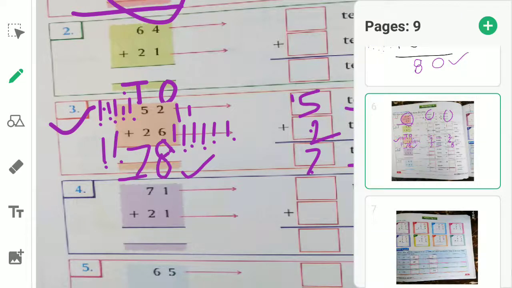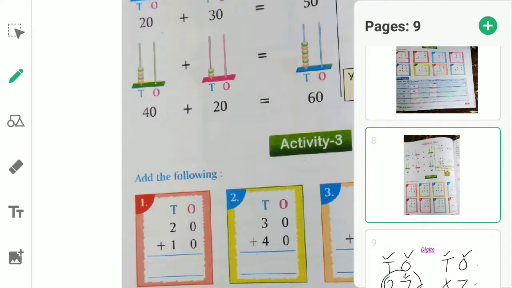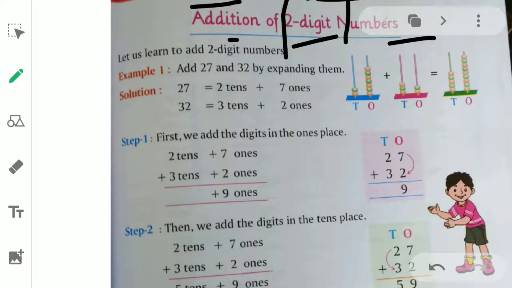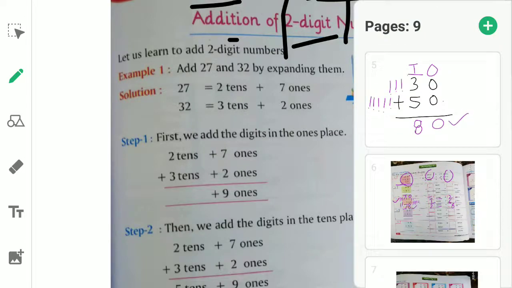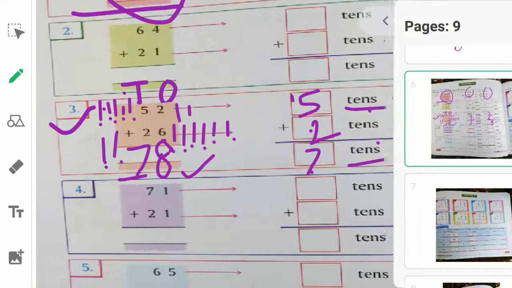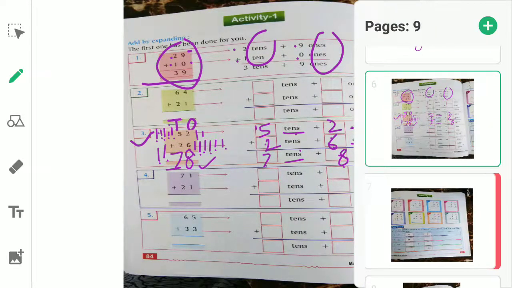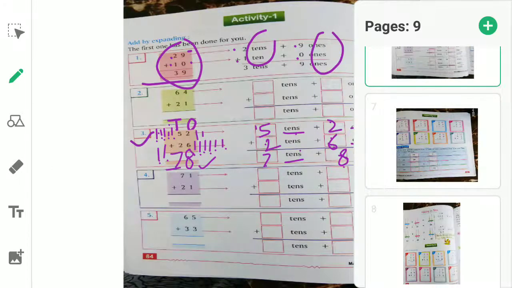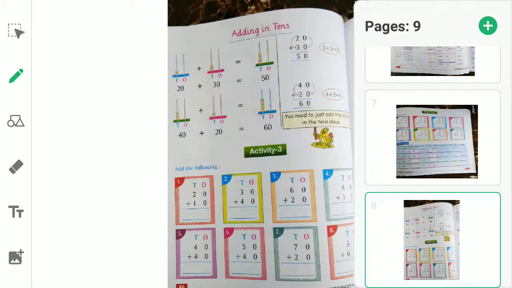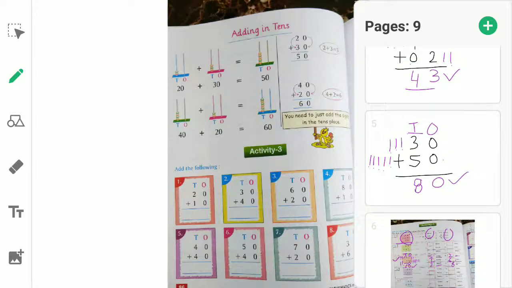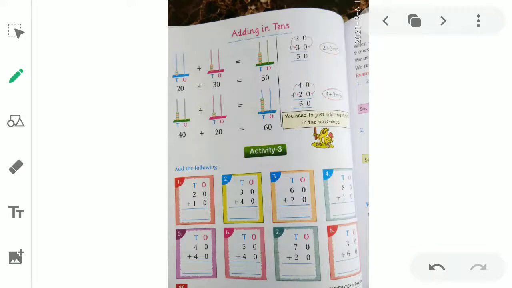So this was all about the session for today. So this is the homework also, that whatever pages I have explained to you, we are going to do all these pages in your math book. That is the first page, then we have got this page, page number 84, page number 85, and page number 86. So you are going to complete all these pages in your maths book.